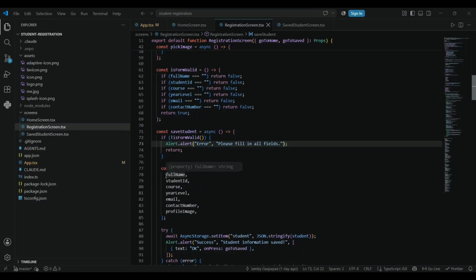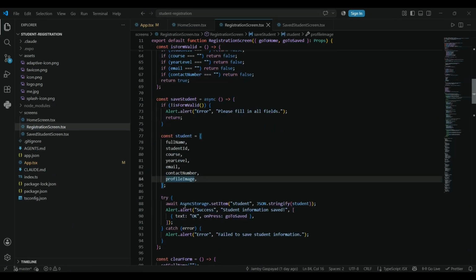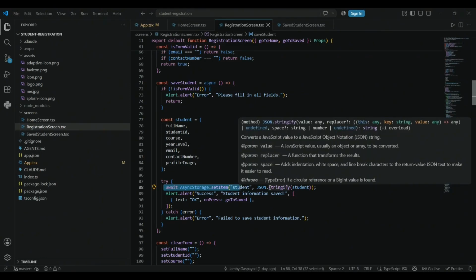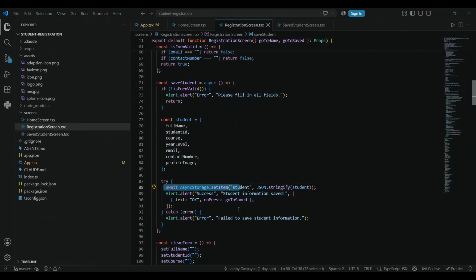Then here I create a student object containing all the information entered by the user. Then the student object is converted into a JSON string using JSON.stringify, and stored locally using AsyncStorage.